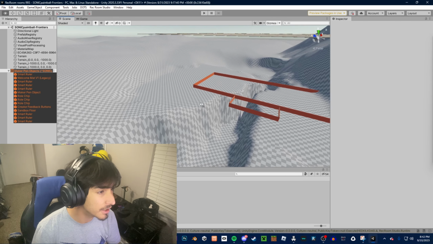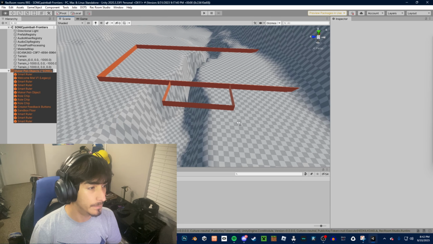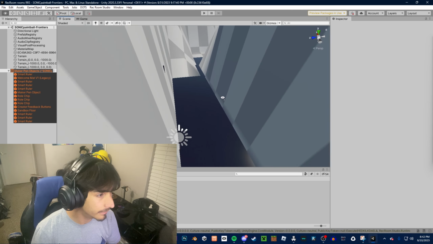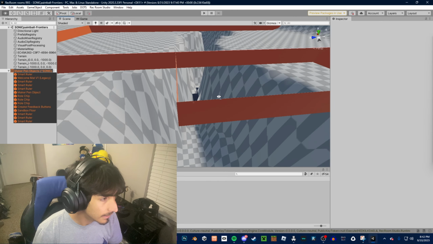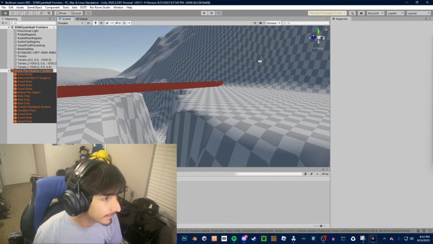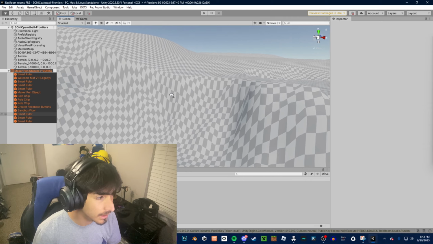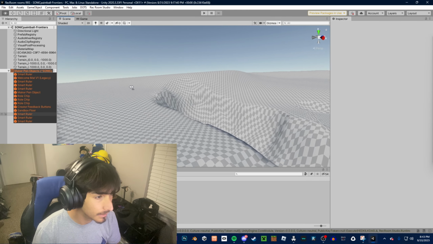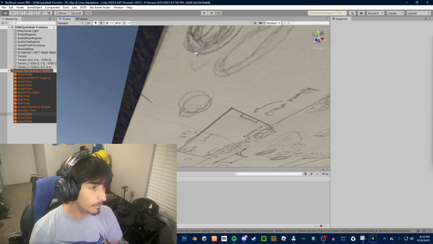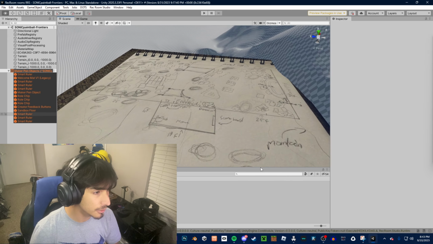So this is the frontiers map. As you can see, it's not painted or textured yet. I'm still fixing the hillside. As you can see, there's a little bit of, well, that's fine at least. The player is going to be at least small, so it's a really big crack. The hillside is quite massive, and there might be a lot of trees, and we might have to make it decorational, sorry. But as you can see up here, here's the layout of the Frontiers map, and all I had